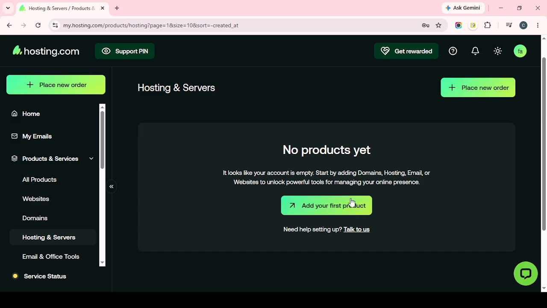From there, you can start customizing your site, choosing themes, and adding content. Just make sure you save your login details securely before closing the page, especially if you plan to come back later and continue building your